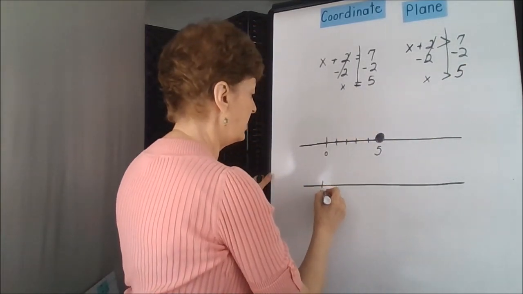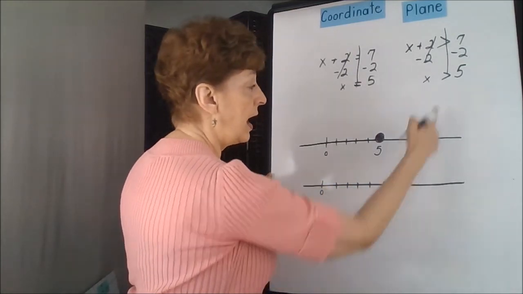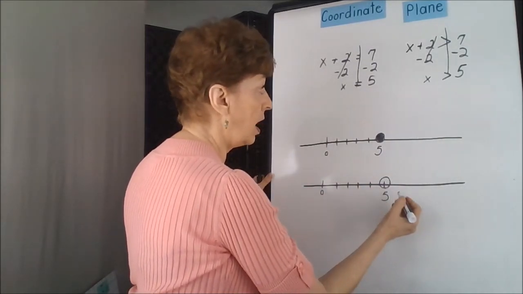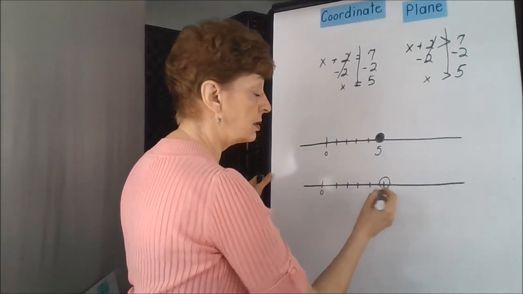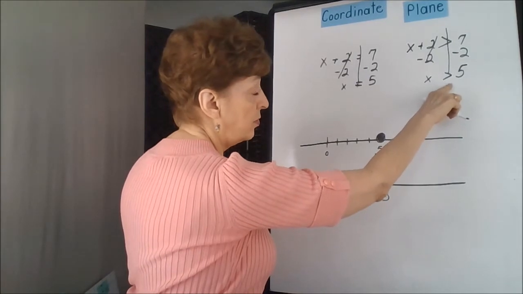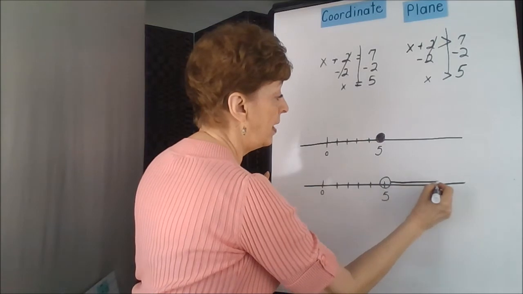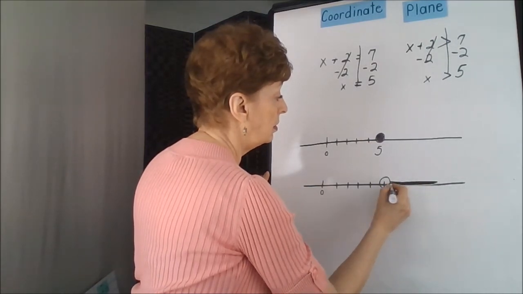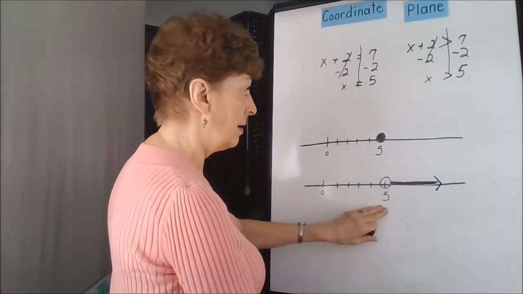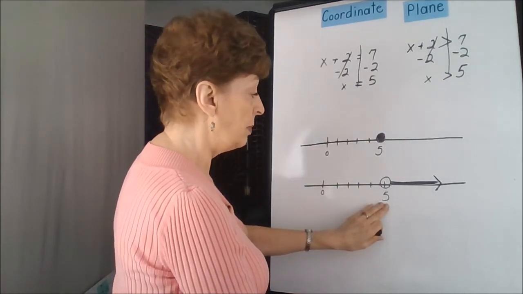So if I start out with 0, it's 1, 2, 3, 4, 5. Now it's greater than, so 5 doesn't work on this equation. So I'm going to circle the 5, but not color it in. And our arrow, our greater than sign, is pointing to the right. So I'm going to make my arrow go that way too. So this tells me that the answer to this equation is going to be bigger than